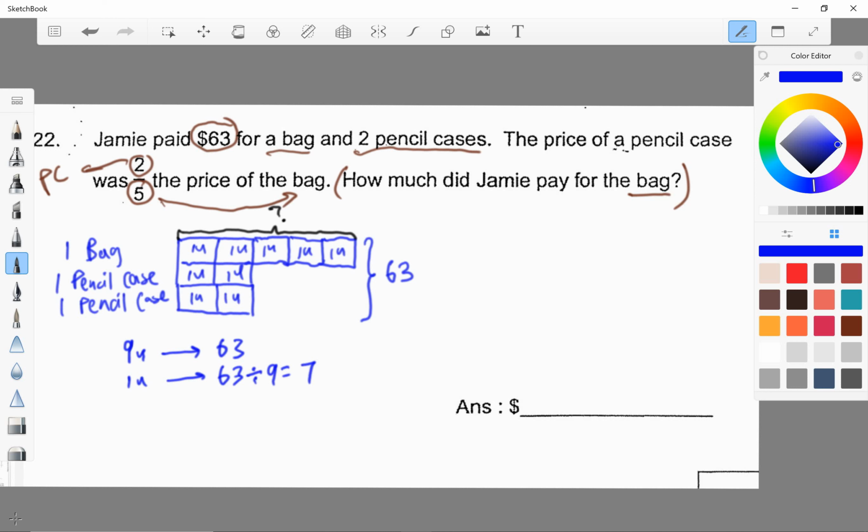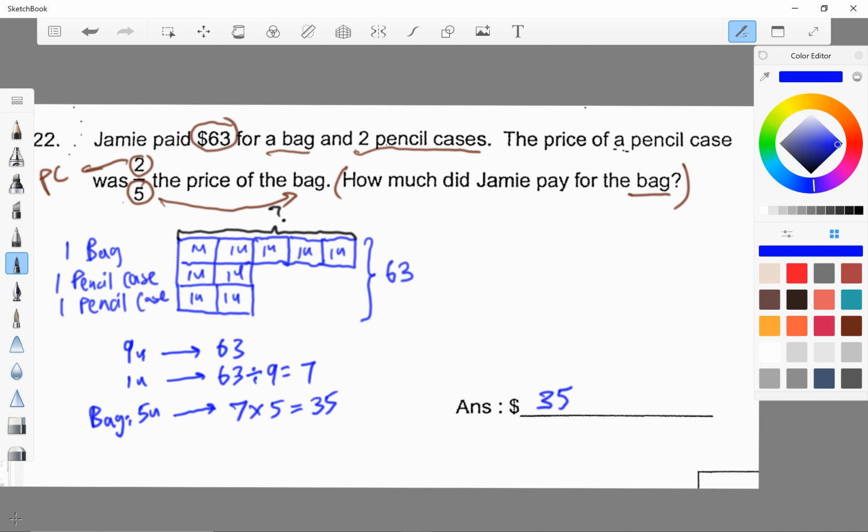And last but not least, how much did Jamie pay for the bag? So Jamie paid 5 units for the bag. So with a bag that costs 5 units, it will be 7 times 5, leading us to 35. And our answer will be $35. Just a reminder guys, that this question has got to be solved in about 2 minutes